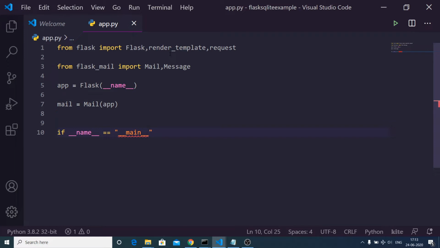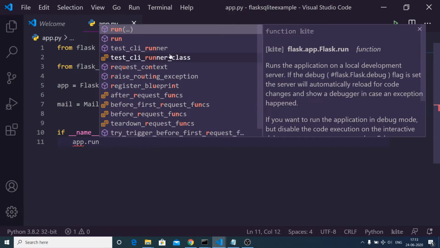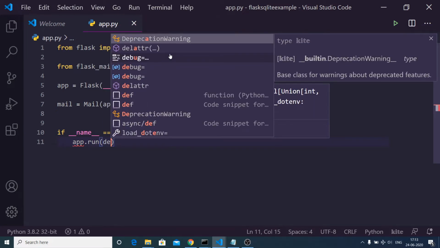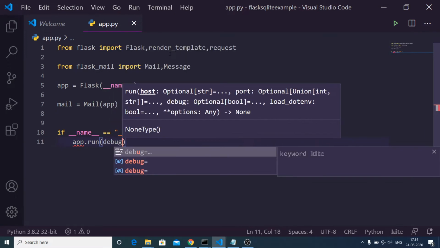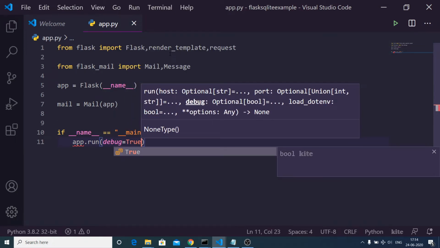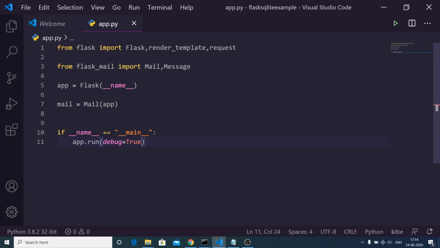We need to put a colon here. Inside this we will use the app.run function and we will pass debug as true. Basically this will auto reload the application whenever we make any sort of changes. This was a handy line that we need to write.